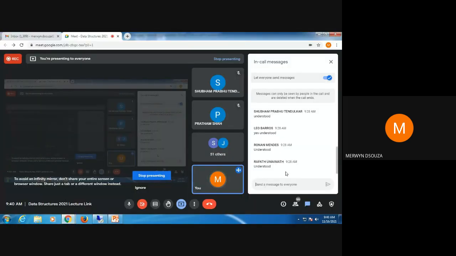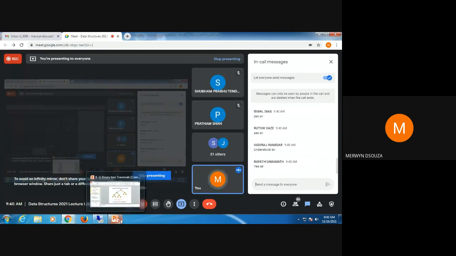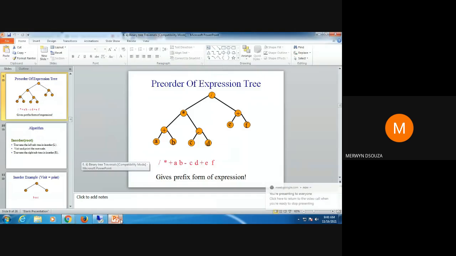Before I proceed, is it okay? Have these three examples been well understood? Because the remaining two traversal methods are based on this. They are just in a different order. Okay, so let's proceed. I think three examples are more than enough. Okay, you just go through the video again if you're not understanding.